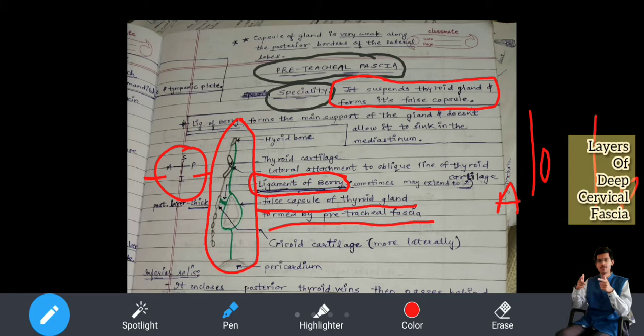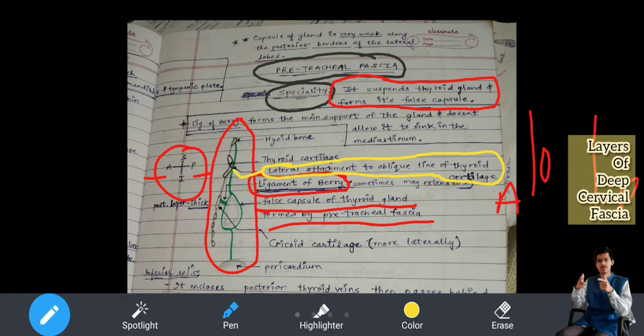Okay, and this thyroid cartilage and all this, not thyroid cartilage, sorry, this lateral attachment. Can you see this ligament? Wait, I'll show it to you in blue. I'll encircle it. Lateral ligament to the oblique line of thyroid cartilage. Can you see the arrow? It is here. So this green ligament, again all these are derivations of this pretracheal fascia.